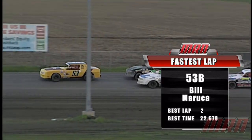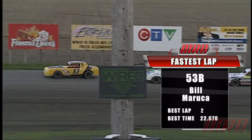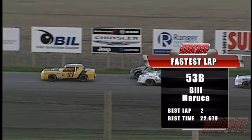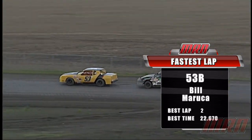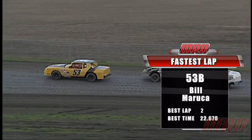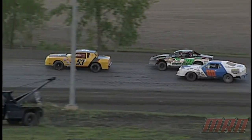Fastest lap in this one went to the 53B of Bill Maruka. Lap number 2, he had 22.678, I do believe, seconds to get around the track. That's pretty quick for a street stock. Street stocks, yeah. Sean Tunis showed all he's done